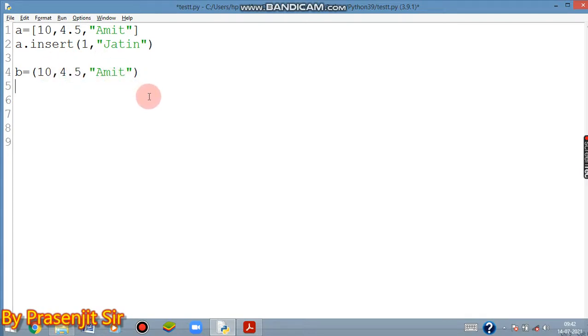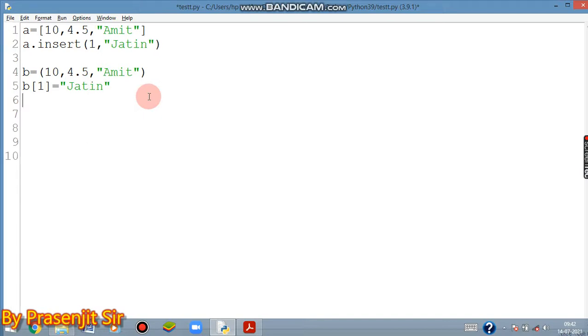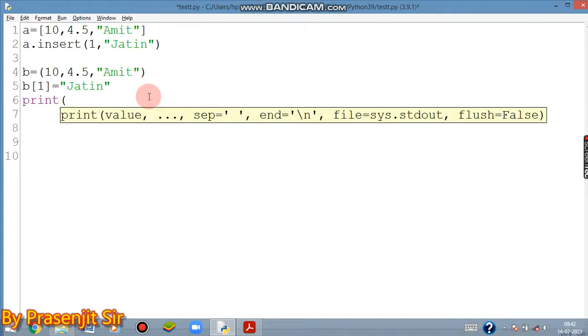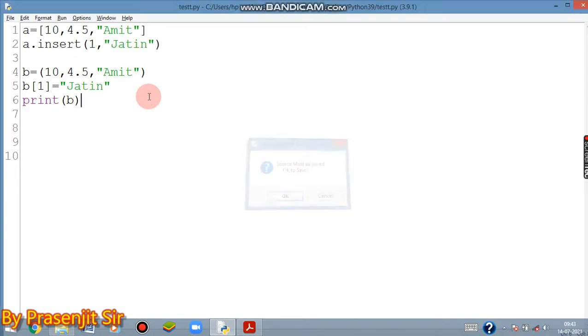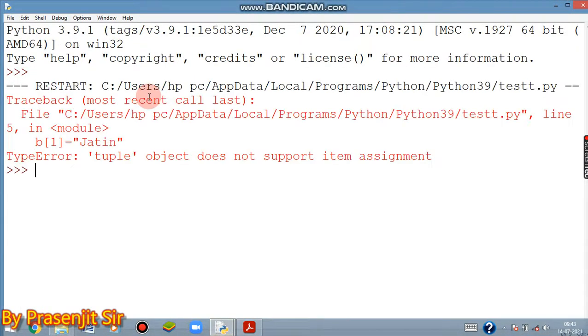Now if I want to apply this, b[1] equals, I change the value from Amit to Jatin. Whatever we did for the list previously, look what it will print. Run it, it will print an error. Why?